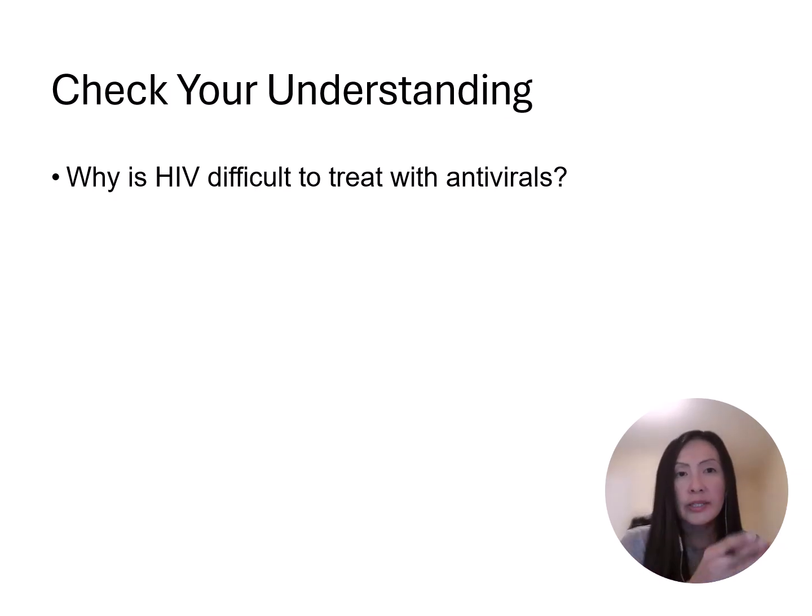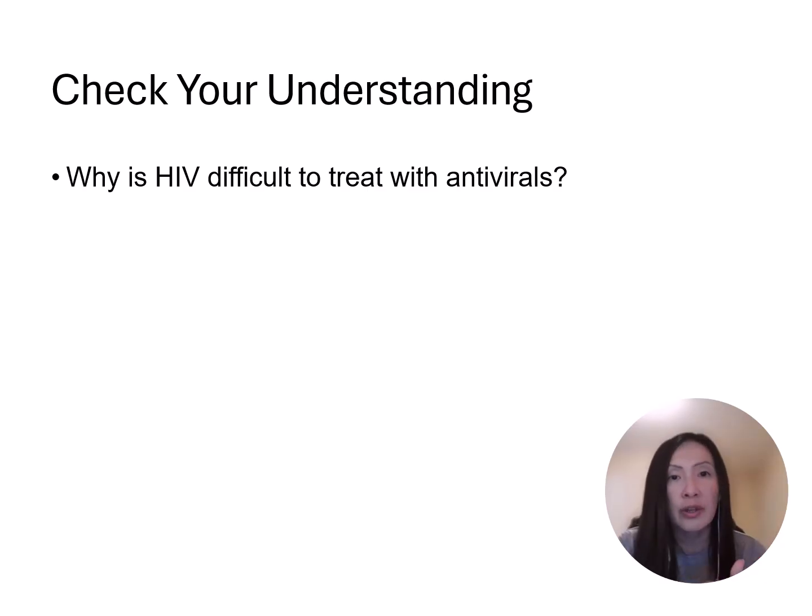HIV integrates its viral DNA into our host chromosome, making it a permanent part of infected cells. The virus also has a really high mutation rate, especially when it's reverse transcribing. So when it uses the reverse transcriptase enzyme, this leads to mutations and quickly leads to drug resistance. HIV also hides in latent reservoirs like our resting T cells, which we'll learn more about later, and antivirals can't